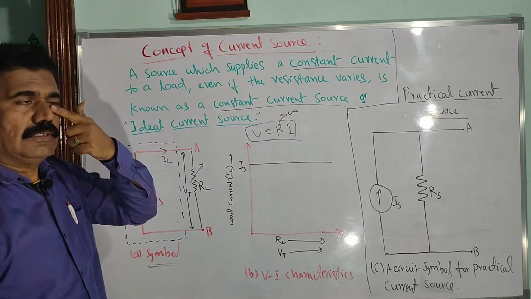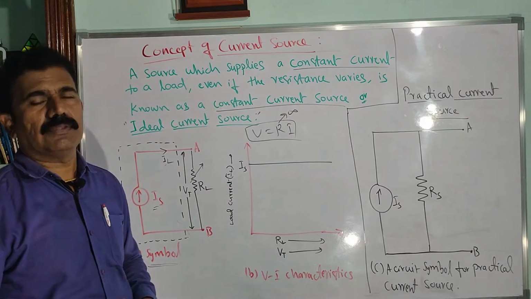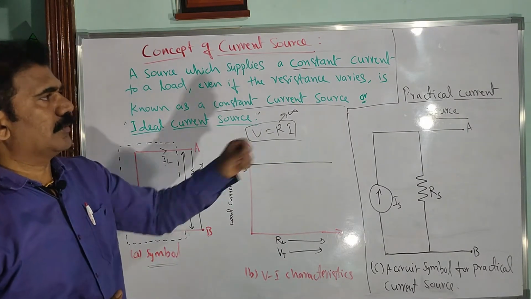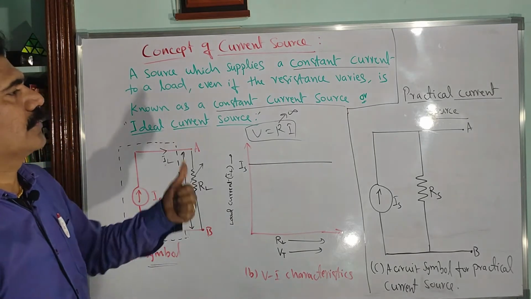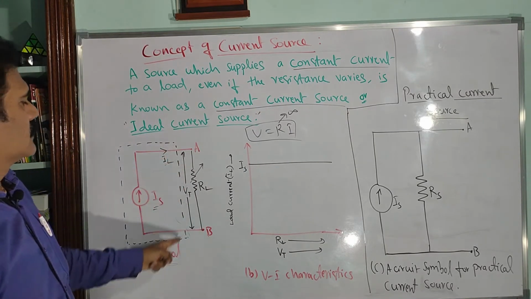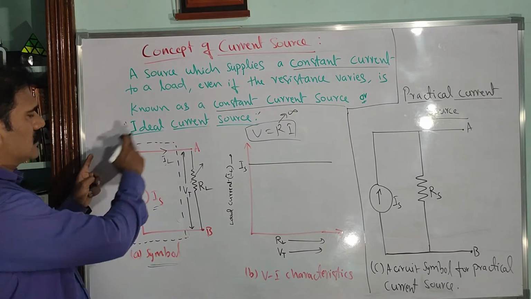Okay, so instead of that, we are always having the practical current source in the laboratory or in any electrical appliances. So that is what I will tell you, how to consider the practical current source. Before that, try to understand what is an ideal current source, without any external source. So this is the symbol for